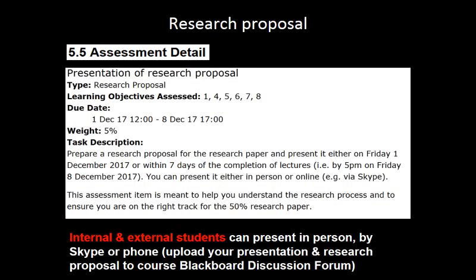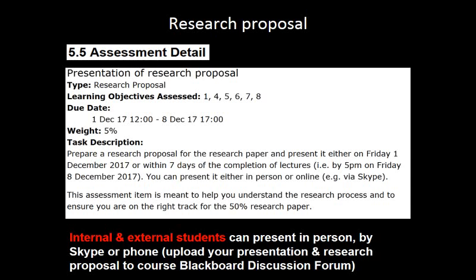As I say, it's only worth 5% and it's early feedback. What I don't want you to do is drift until after Christmas, and then the night before the research paper is due think, I've got to come up with a topic, I still haven't thought of a topic. I want you to commit early. Hopefully your research is not stressful and not rushed at the end, but you can do it little by little, have a budget of time over the next 6 weeks and get your research paper done comfortably and enjoyably.